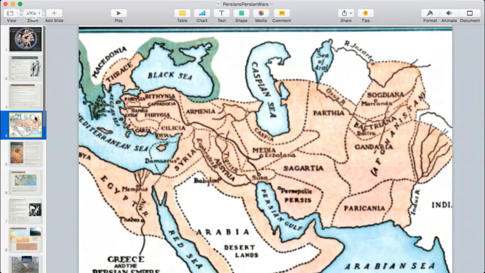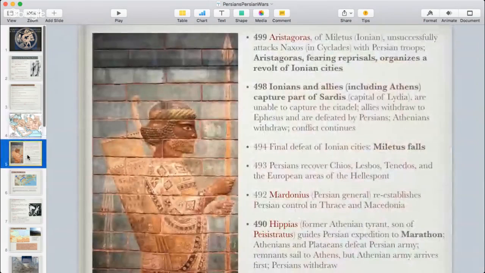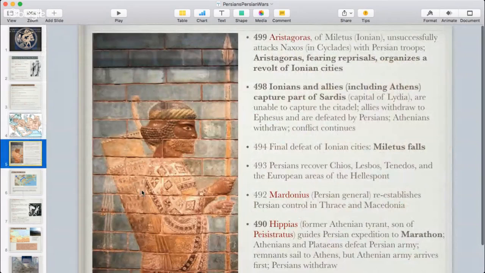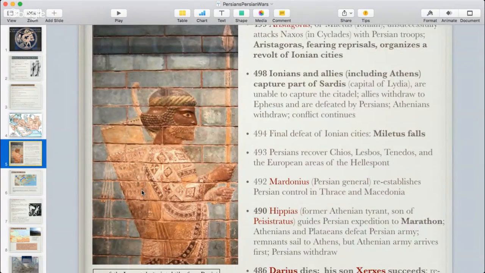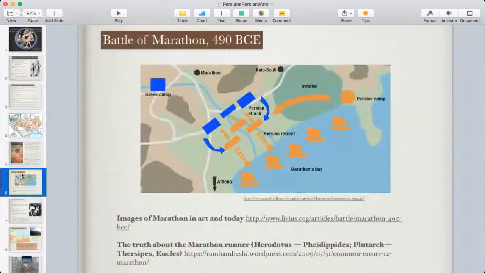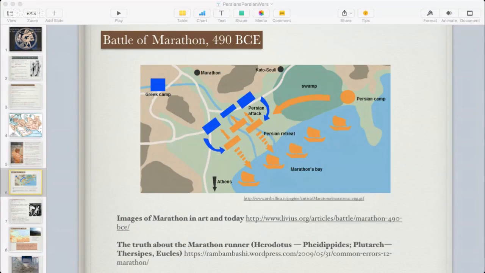This handout gives you more information about the Persians themselves. So this is a painting, relief, of a Persian warrior. And then it has more extensive information about each of the main battles that were fought during the Persian Wars. But you get enough on this handout. I give you just sort of the big summaries and dates to let you know about them. And Herodotus actually recounts the Persian Wars. He doesn't really get into these famous battles, though, until the second half of the Histories.